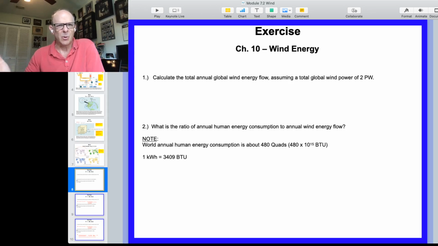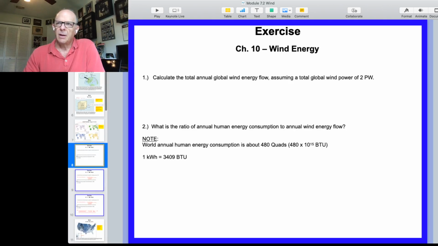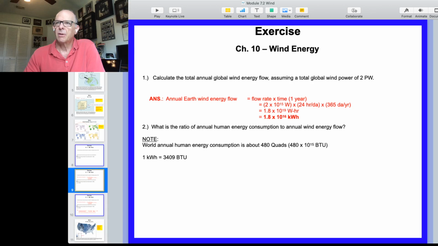For wind, it's a little bit more complicated because the wind speeds are varying with time and with different positions around the world. But most of the wind energy is driven by these large global scale currents that are fairly predictable. And it turns out that the total global wind power to within 10 or 20% is 2 petawatts. And the total human energy consumption we've already seen is 480 quads. A quad is 10 to the 15 British thermal units. So let's compare those two